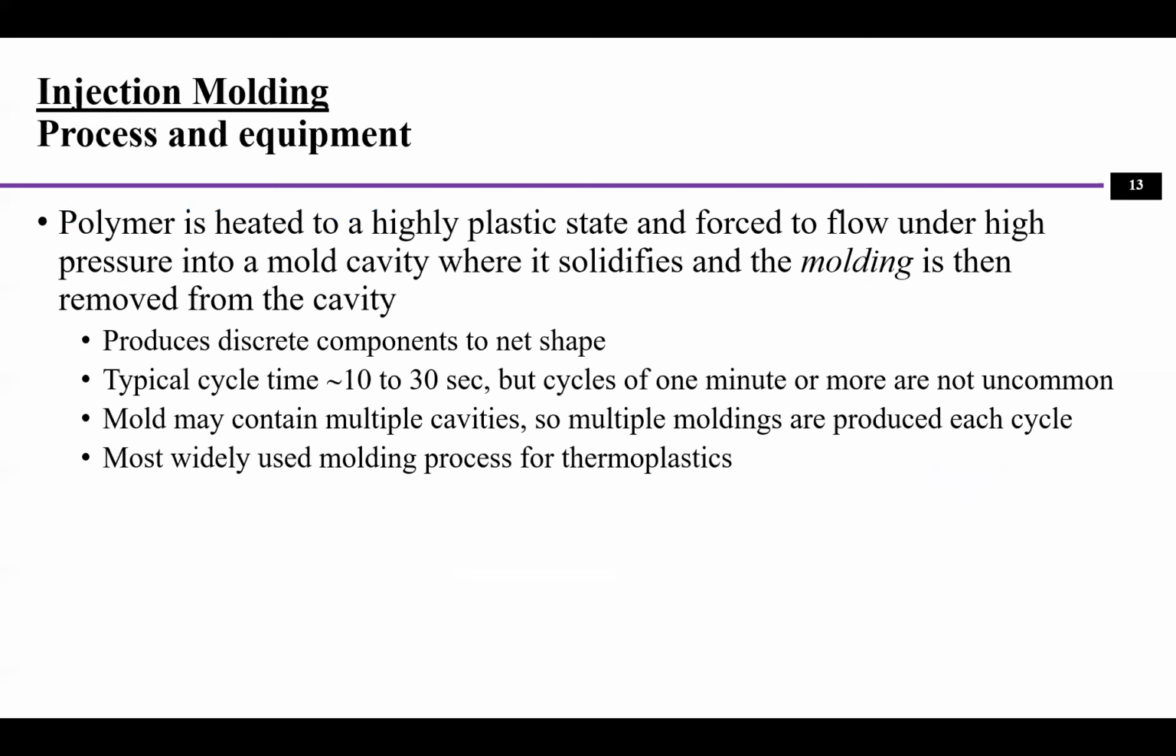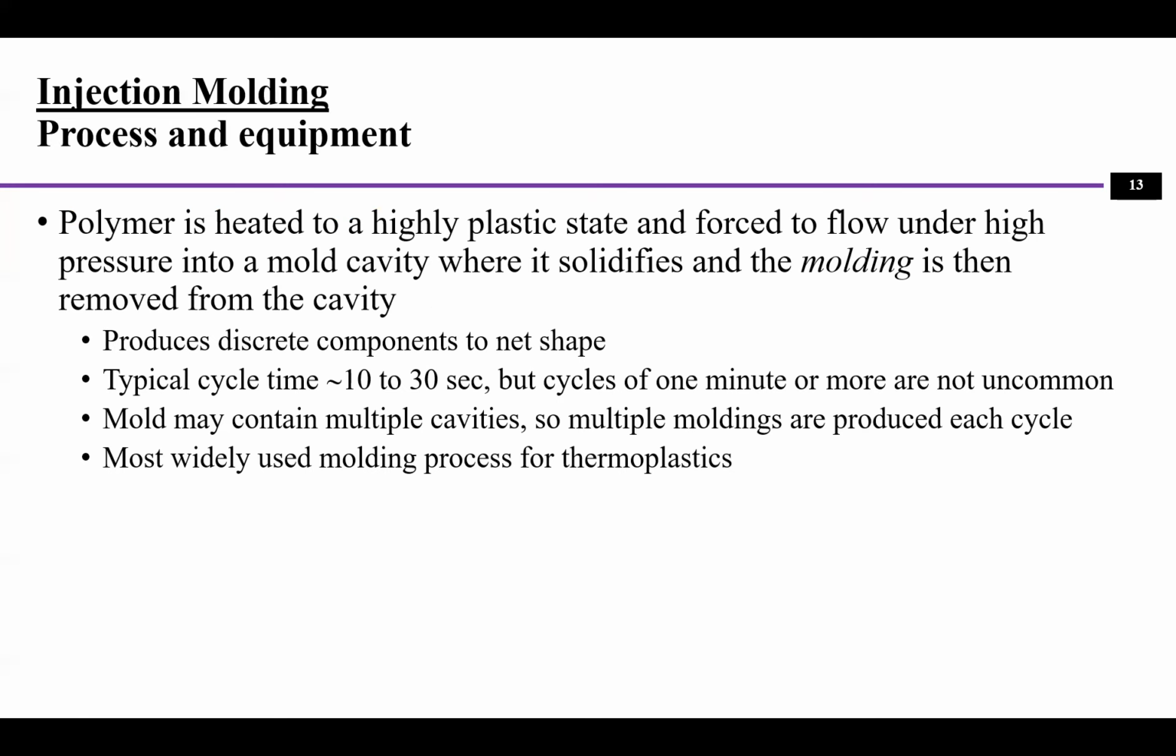Another process is injection molding. Injection molding is actually similar to extrusion. The difference is that at the end of the process, instead of having a die and the material coming out as extrudate, the end of that is a mold, and also on the other side,